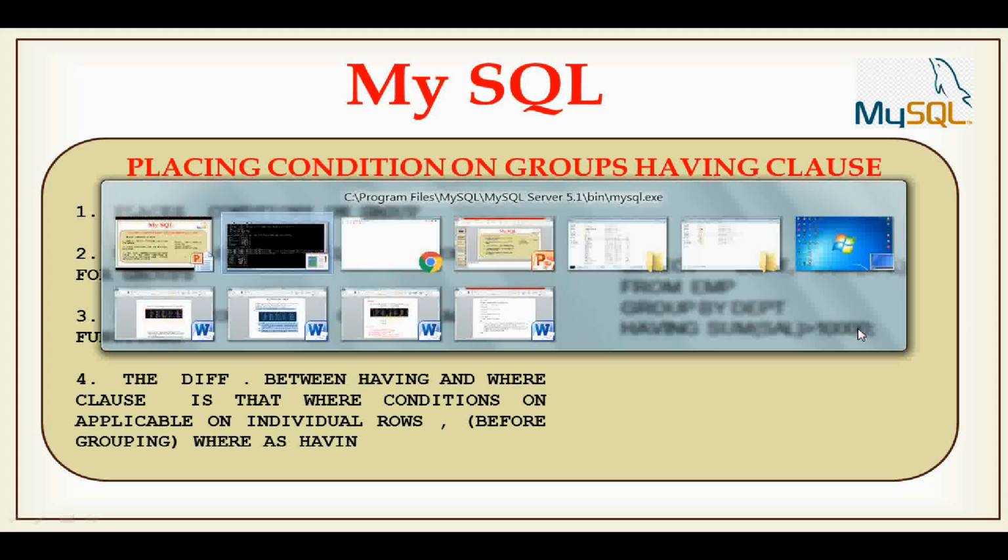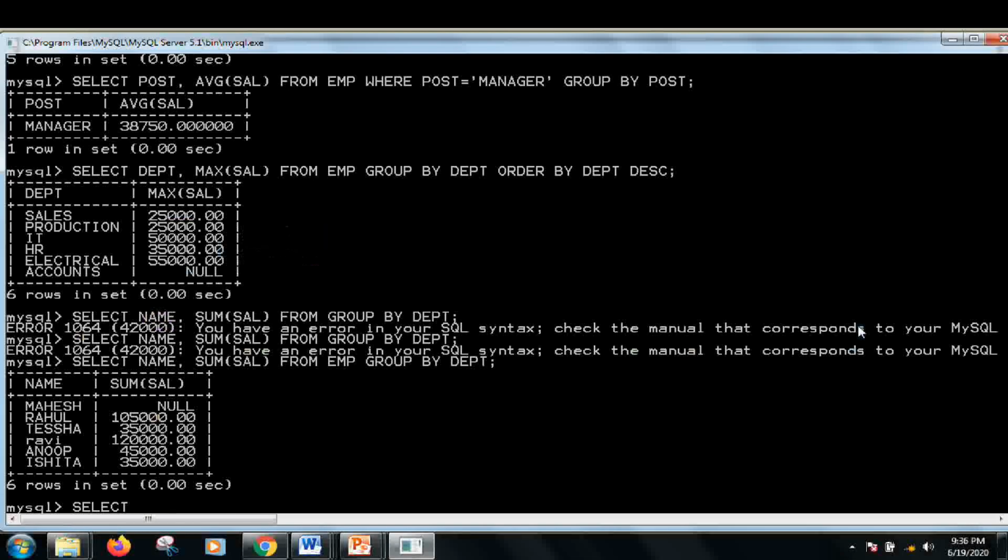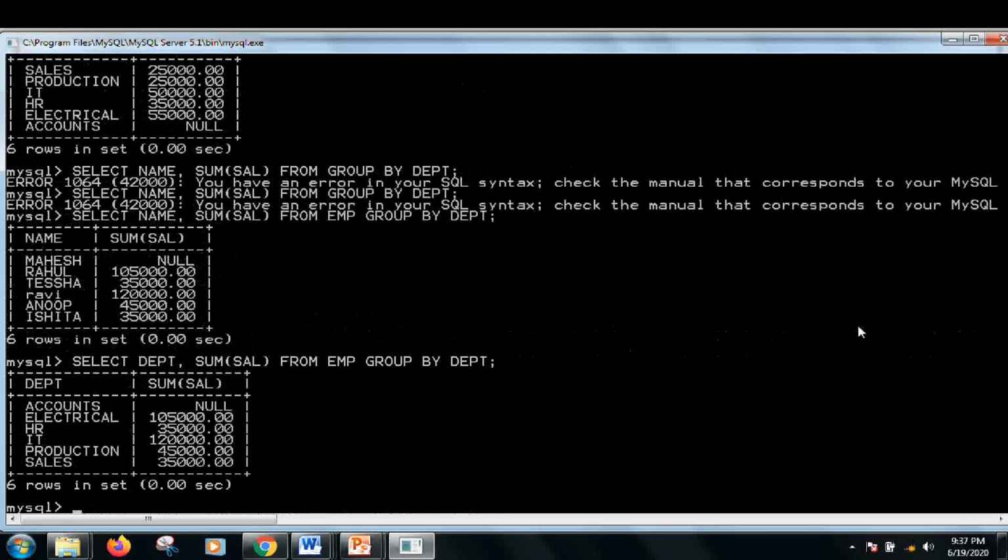For example, select star from select department, sum of salary from employee group by department. Now this will show you all the departments and their salary sums.